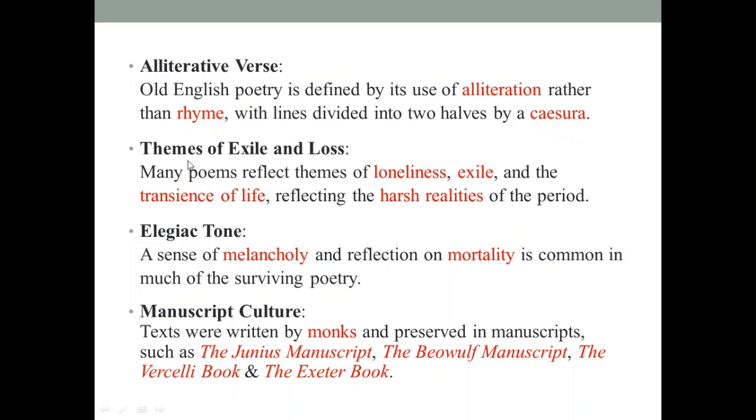And then the next feature is themes of exile and loss. So the themes of separation and loss we find in Old English literature. Many poems reflect the themes of loneliness, exile, and the transience of life, reflecting the harsh realities of the period. So in many poems in Old English literature, we find these themes: loneliness and then exile, which means separation, banishment,